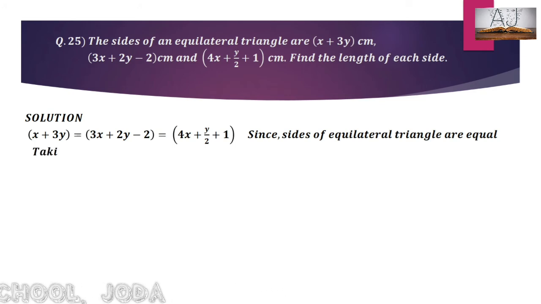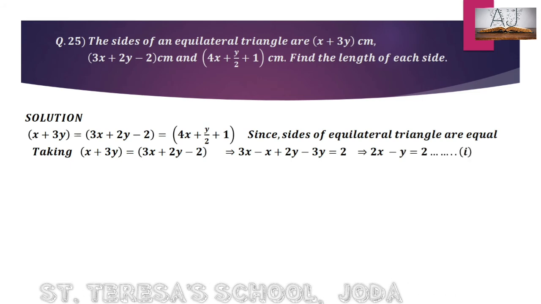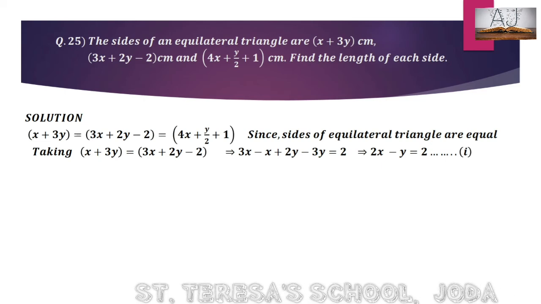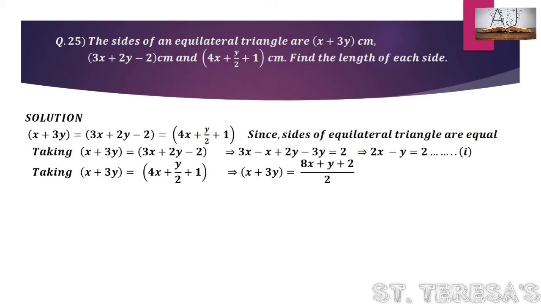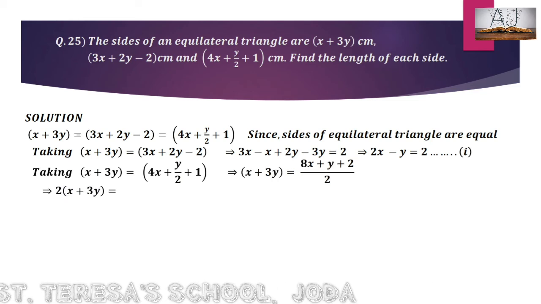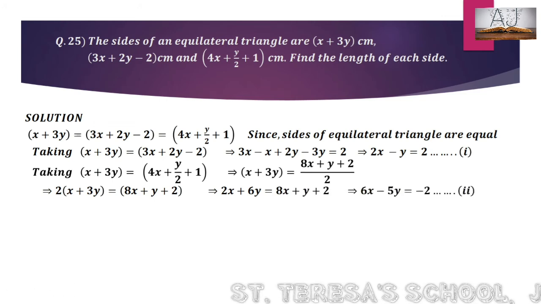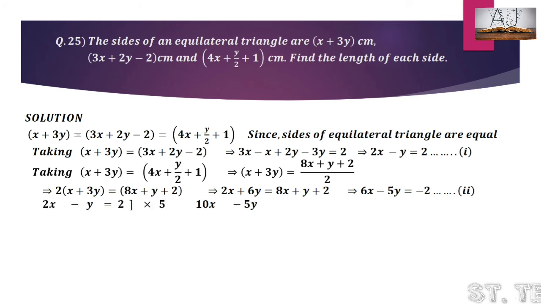Now, we'll make the first one equal to the second one, as we did earlier in one of the questions. I hope you remember it. First equal to second. So, let us simplify. Take x and y to one side, number to one side. So, we get 2x minus y equal to 2. That's our first equation. Now, how to make the second equation? We can make first equal to the third or second equal to the third, any one equal to the third. So, I am making first one equal to the third one and then found the LCM of the second side. LCM is 2, so 8x plus y plus 2 whole by 2. Then cross multiply. After cross multiplication and simplification, I get 6x minus 5y equal to minus 2. So, this is our second equation. So, both the equations we have got.